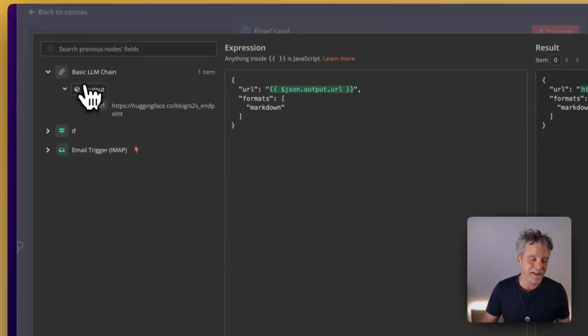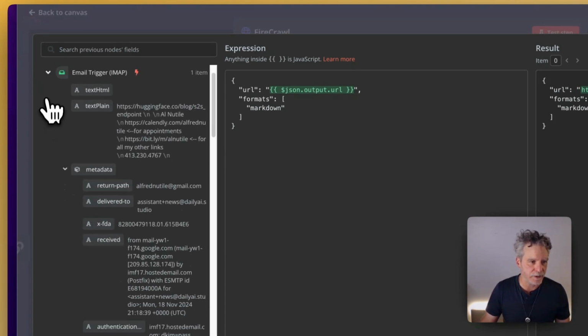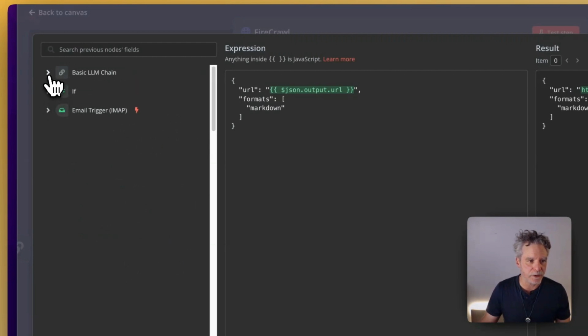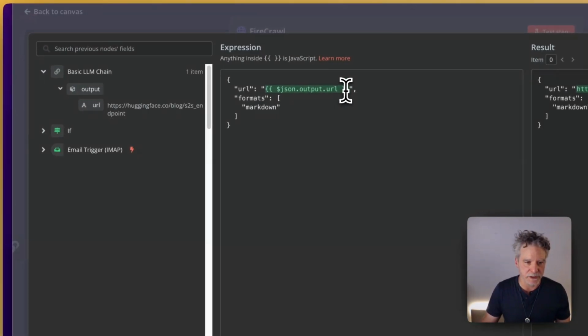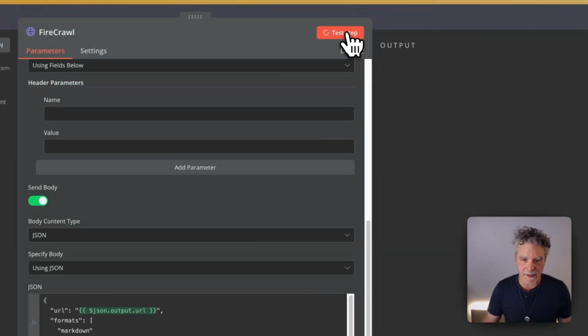And we see, and again, another nice feature of n8n is you see the history of all the steps. So you could grab the URL from anywhere. Now, we know the URL is here because we just pulled it out thanks to the work of the LLM. So if we drag that over, it's json.output.url, and we see it previewed here. Really nice. So now if we run that,